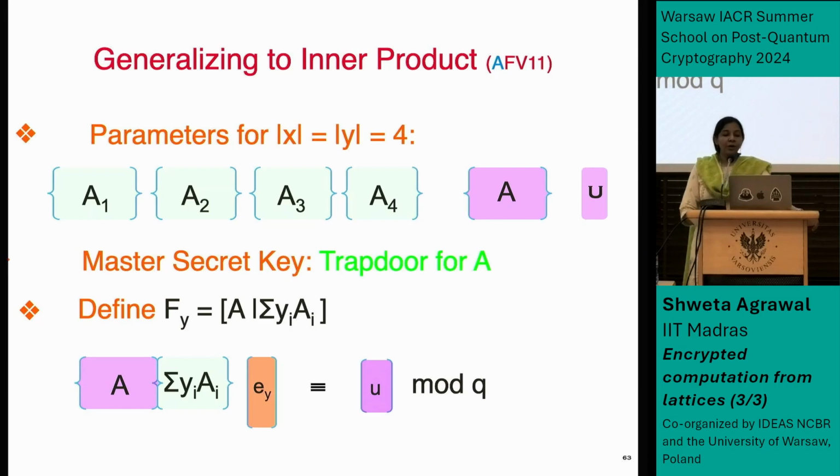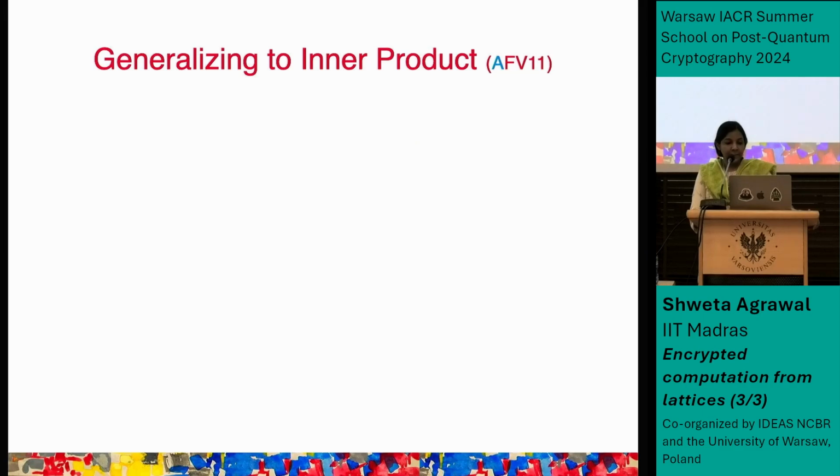Okay, so now in order to derive a key for the vector y, I need to solve this equation with a short solution. So it's A times the summation of yi ai times ei congruent to u. And how will I do this? Once again, just as before, I have the trapdoor for A. So therefore, I can solve this for any extension of A as well. Okay, so I can derive the key. Everybody believes that, right? Okay, so this is my key.